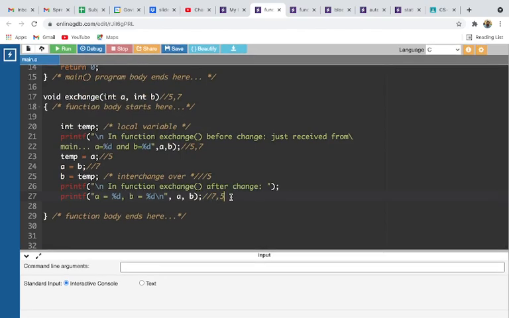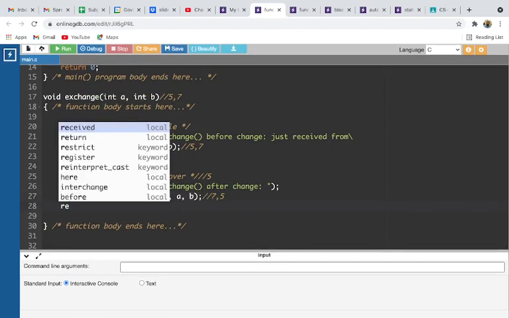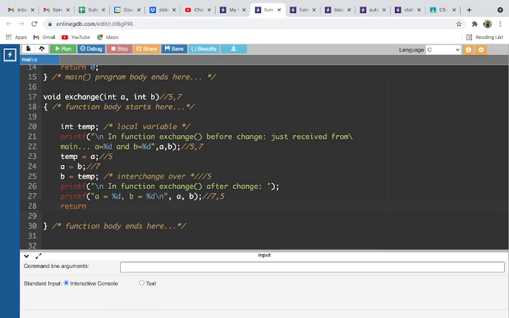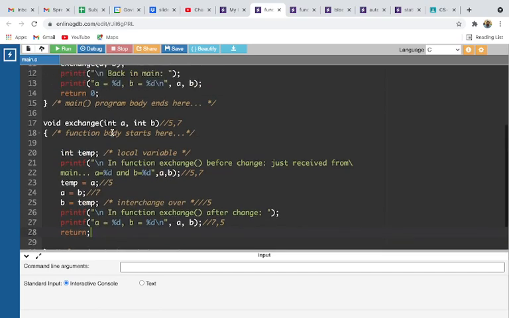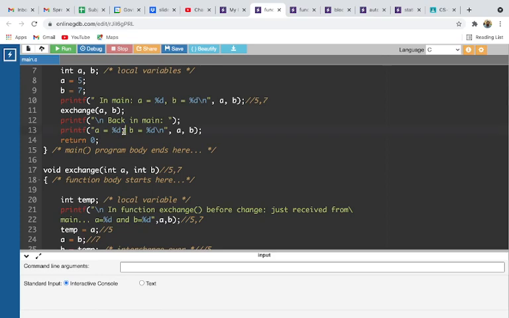Now we will use that return statement also, even though since it is void it is not needed, but I am including this return. So it will be returning to the main program. So it will be going to this statement. So there is no value that is received. Now printf back in main, we are printing these values. So here A and B values will be printed.